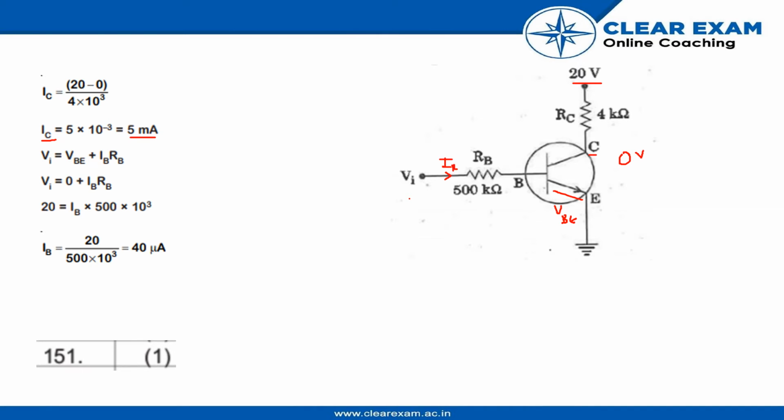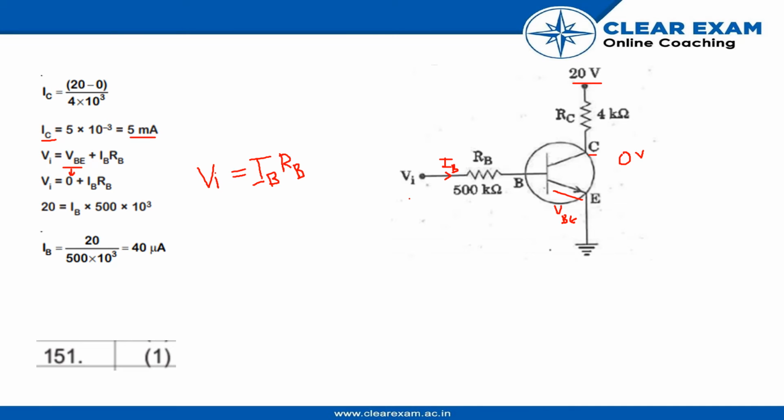So in the question it is already given as VB equals 0 volt. Now the equation comes out as Vi equals IB RB. We already know RB is 500 kilo ohm. So IB would come out as